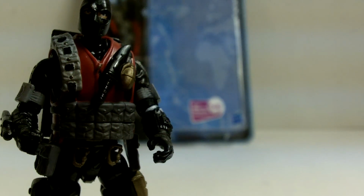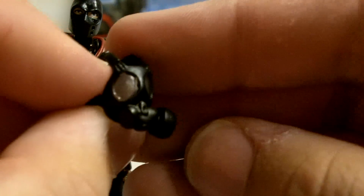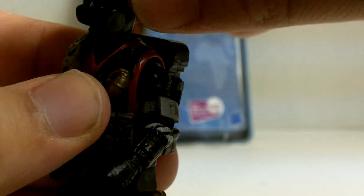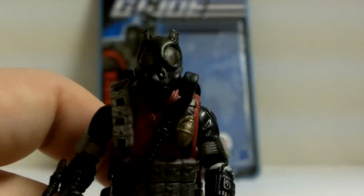Really hollow, really, I want to say flimsy, really light though. Well, it's not that big of a deal. He does come with multiple helmets. One of them is this gas mask, which I know came with Shock Blast in the Rise of Cobra 2-pack with